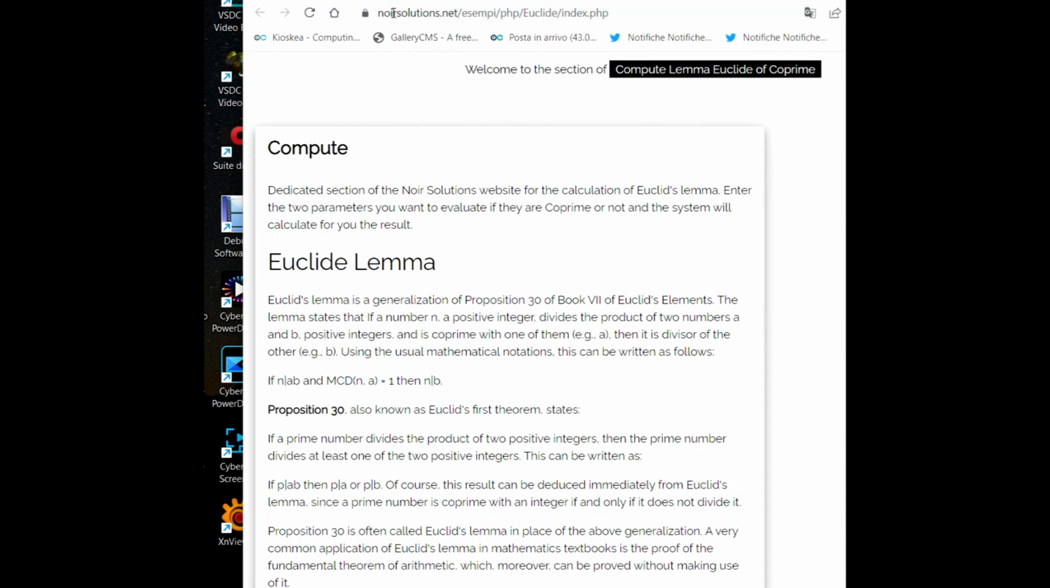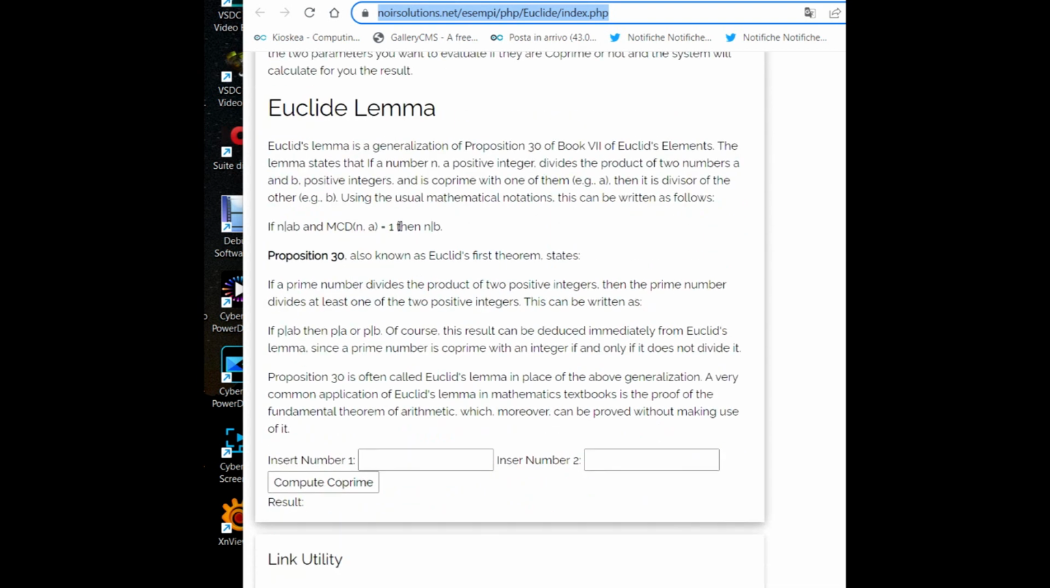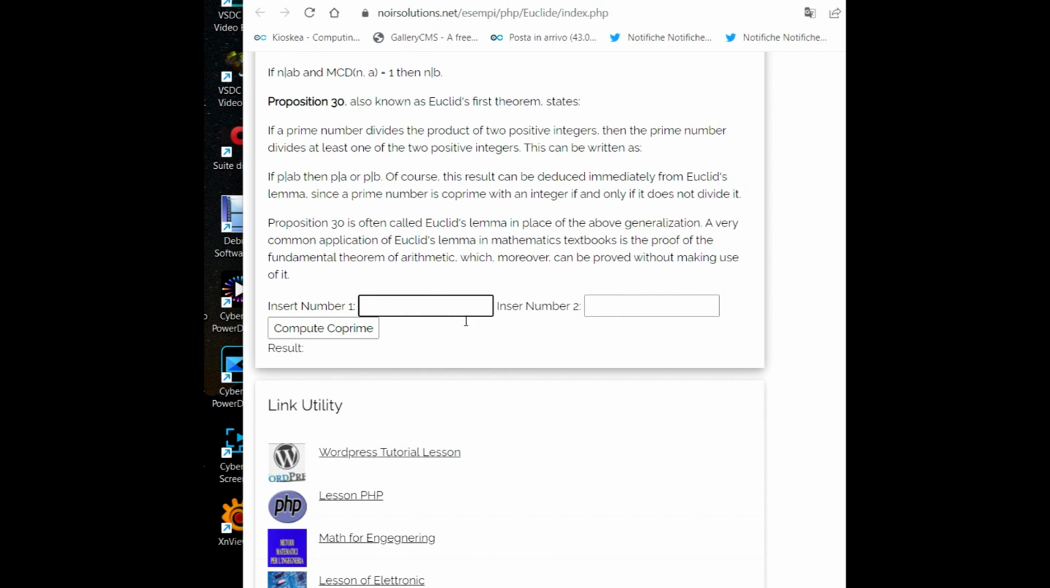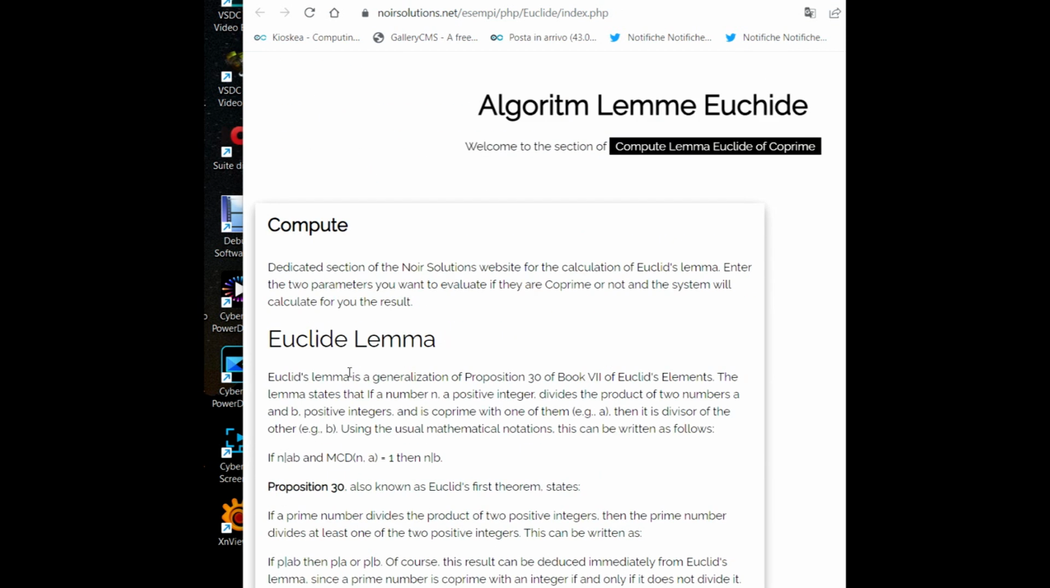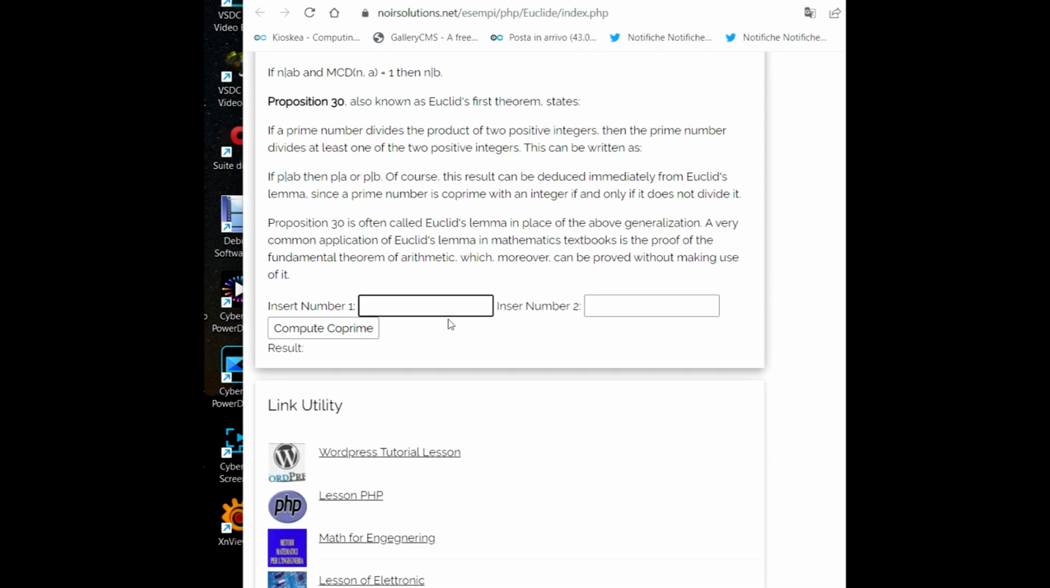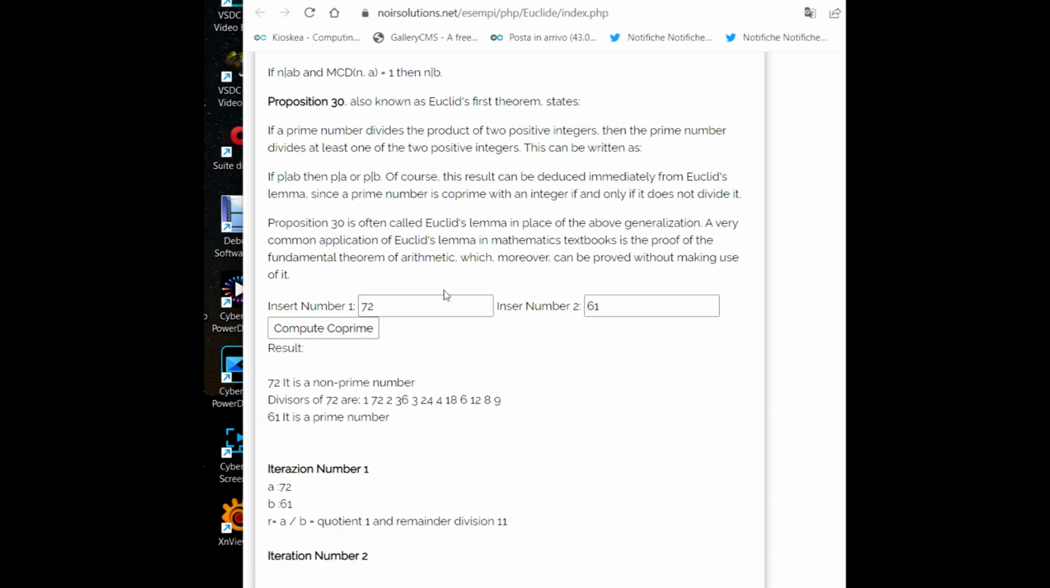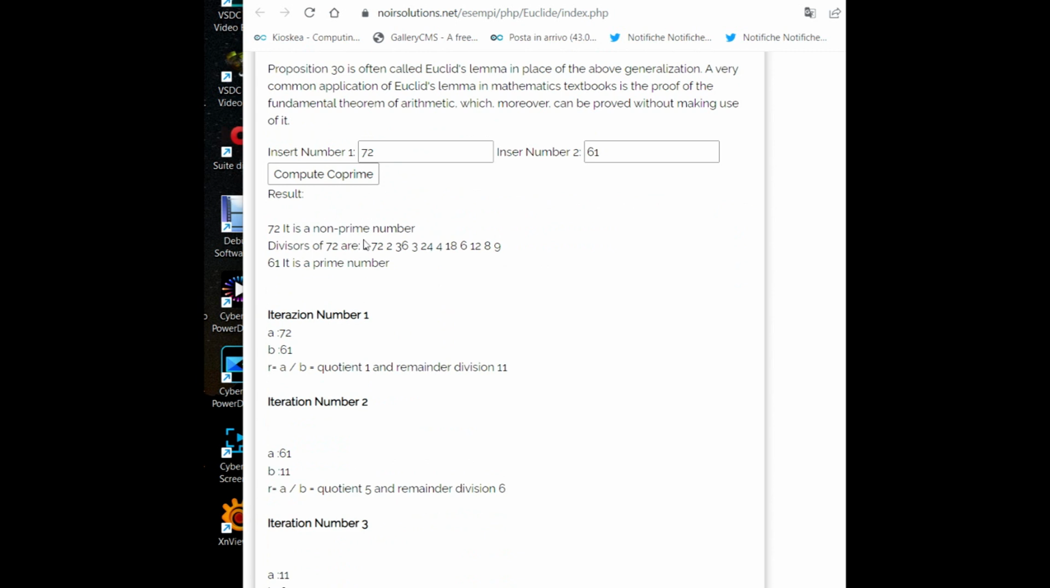You can find it at this address, nullsolution.net/example/php/euclid/index.php. It has a little theory, and after you can insert the values. For example, 72 and 61. Compute, and we have that 72 is not a prime number, because the divisors of 72 are these,